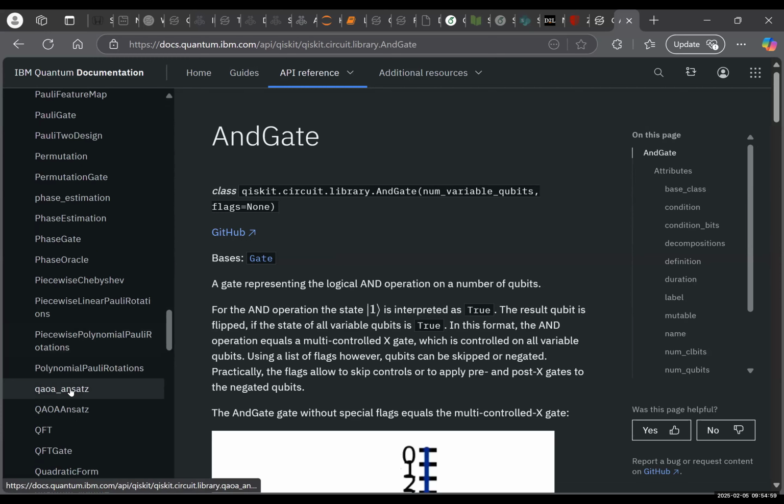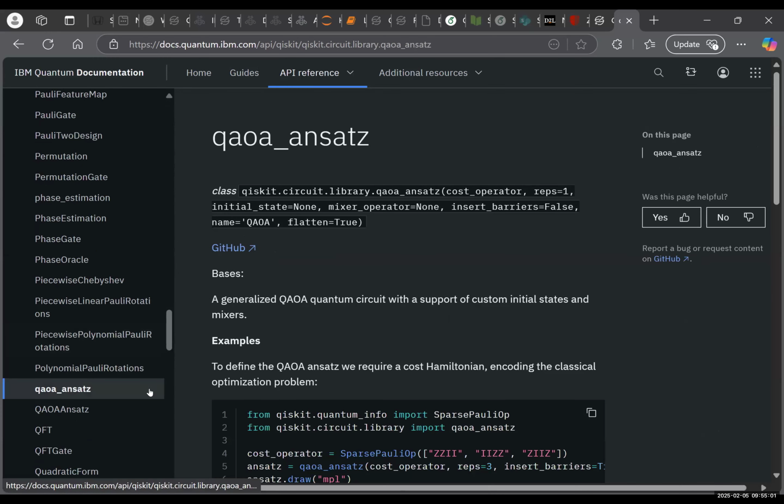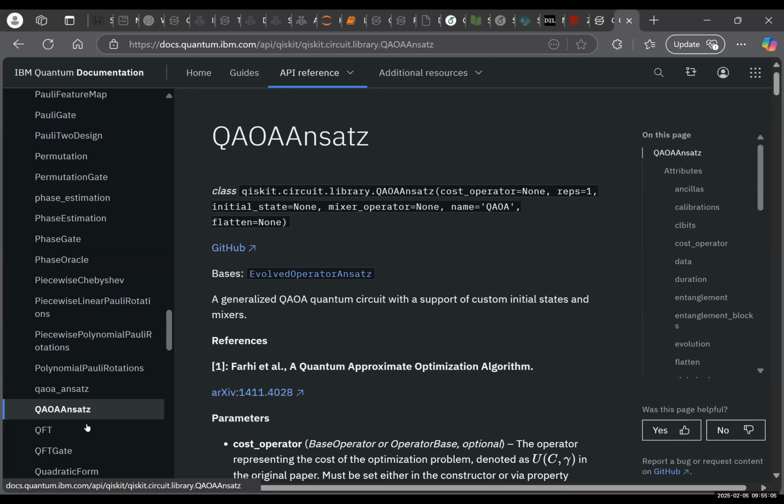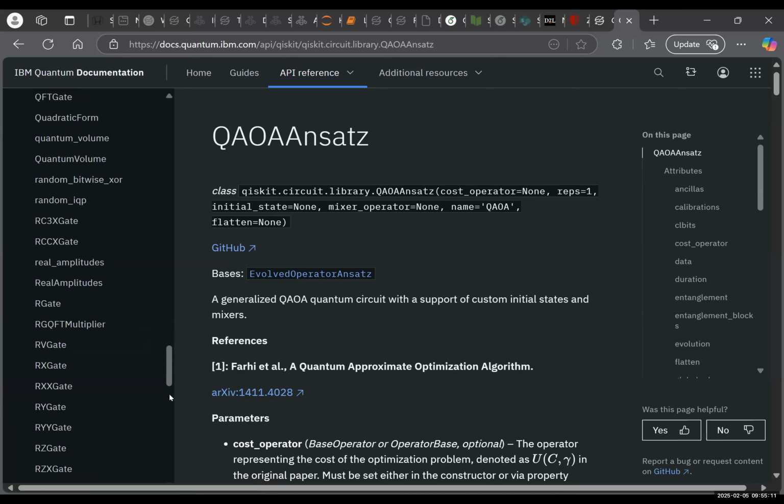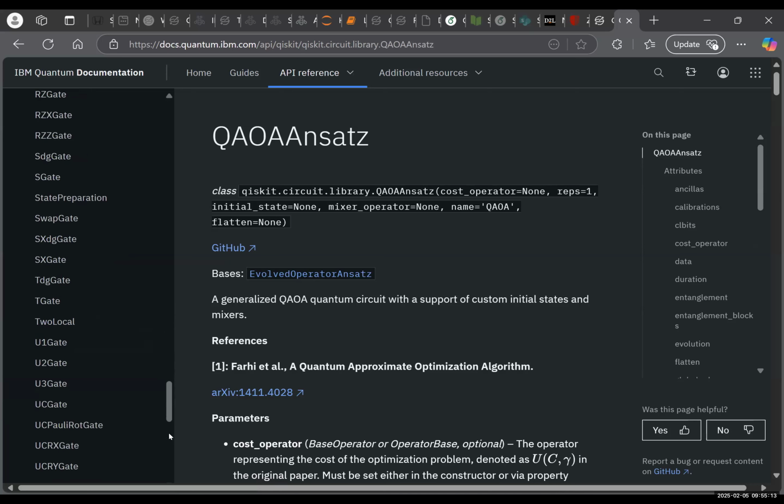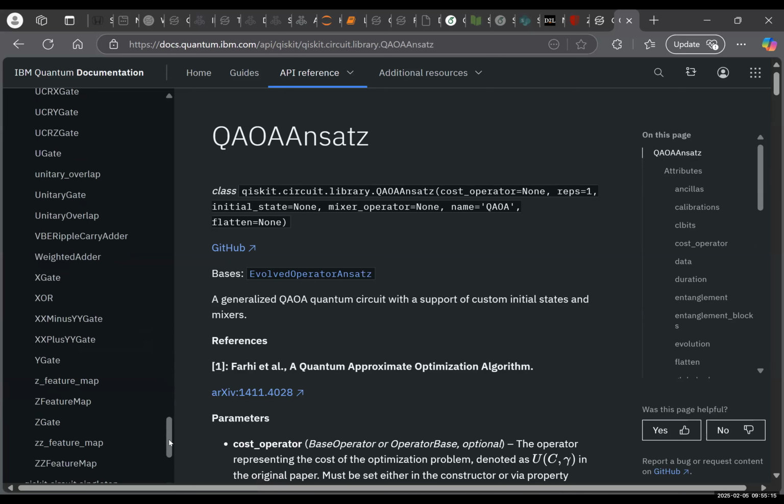Like I mentioned, there are these ansatz. You can just directly use it. QFT. Okay, the basic gate, easy gate. So maybe we just look at the